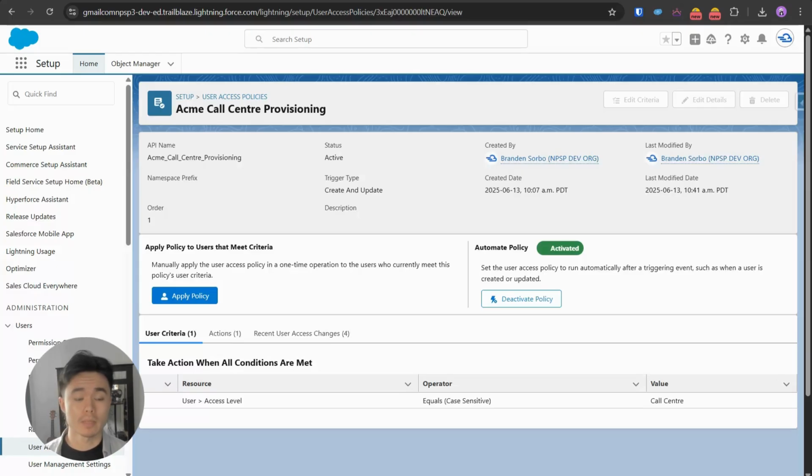Now, we can make some custom Apex code to automate this process, but we're mindful of how much that can cost, not to mention maintaining it over time. So one way to make this easier is to set up automatic provisioning through user access policies. All we need to do is set up a user access field and then create the actual policy, which is